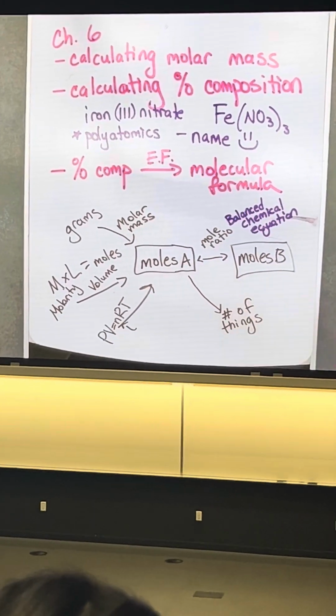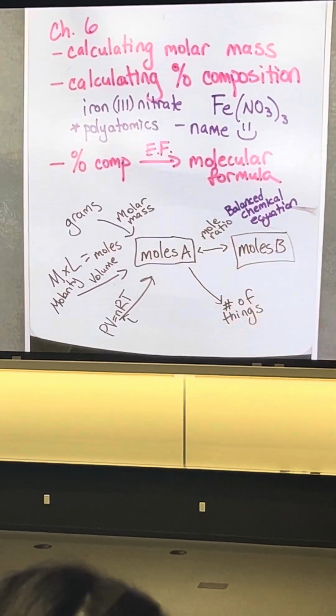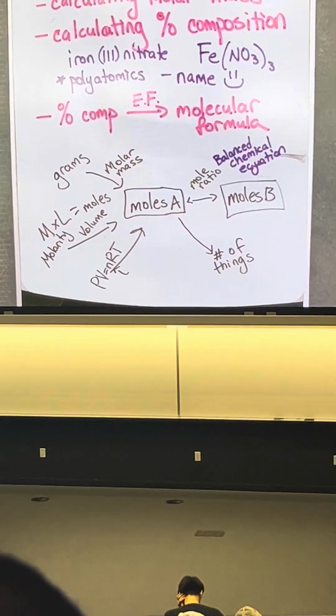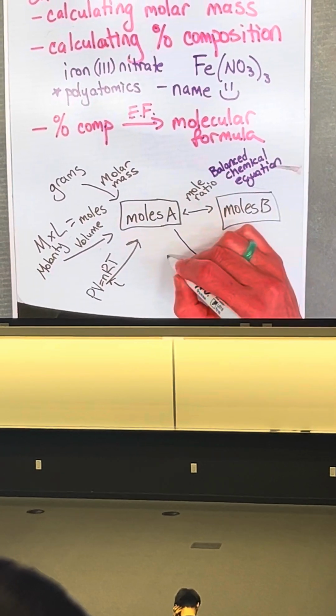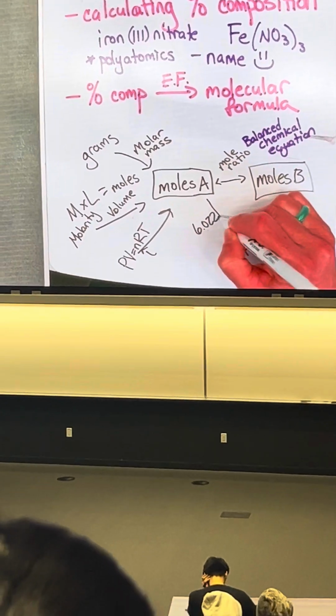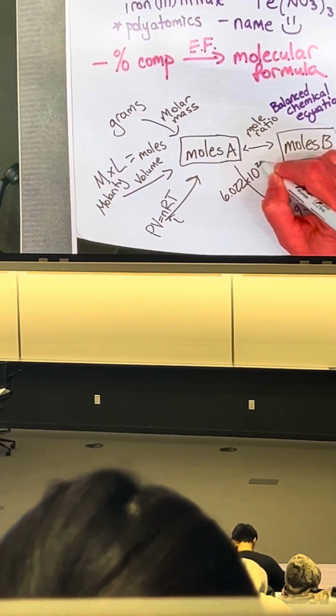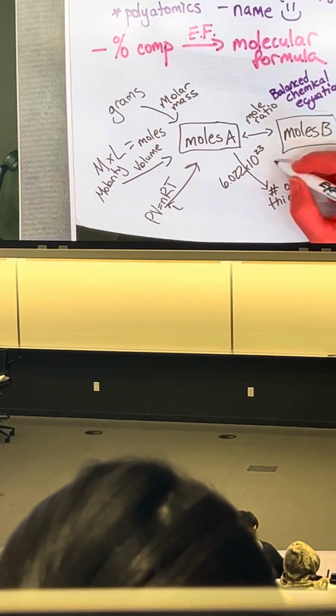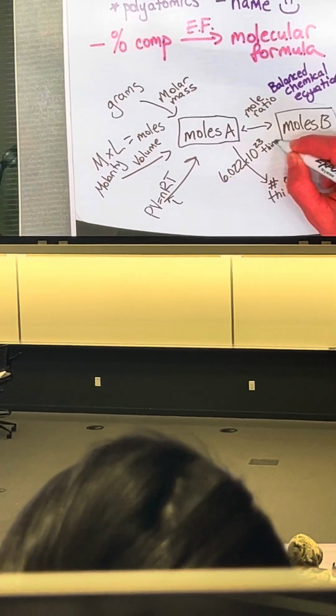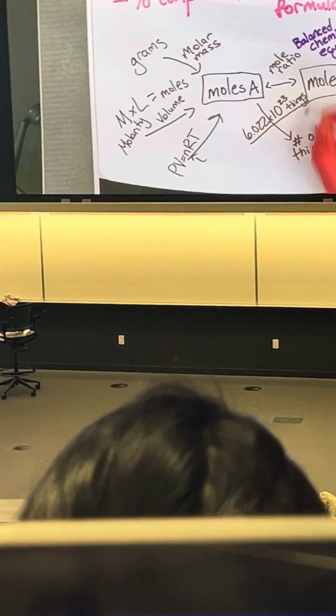That's of course Avogadro's number. And let's make sure we are very certain what that number is and what it represents. 6.022 times 10 to the 23 things is equivalent to 1